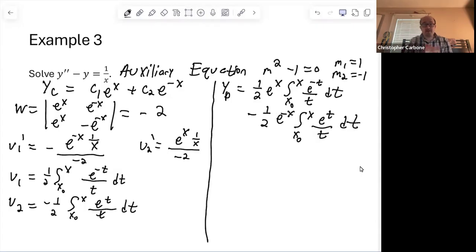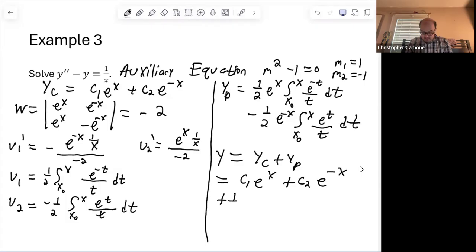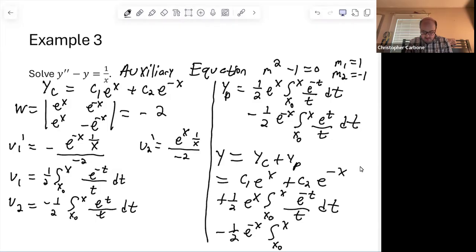And then we could combine the whole thing into our complete general solution. y would be complementary plus particular solutions. So c sub 1 times e to the x plus c sub 2 times e to the negative x plus 1/2 e to the x times the integral from x sub 0 to x of e to the negative t over t dt, minus 1/2 times e to the negative x times the integral from x sub 0 to x of e to the t over t